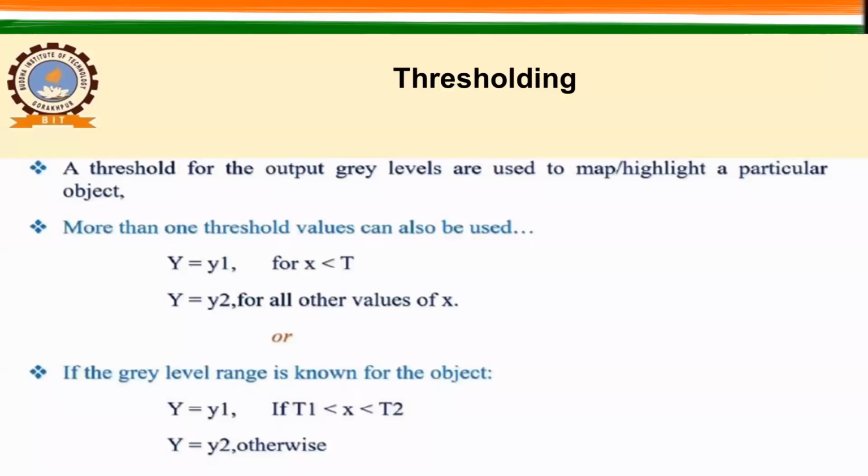So my threshold value T will be greater than 10, or maybe 10 to 70. Here you can go through it and you will find that this method is very good when you have prior knowledge of the object and you know what the reflectance value range will be for that particular object. Let me show you an example.